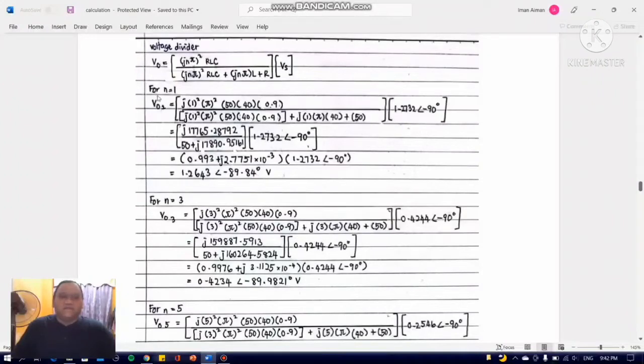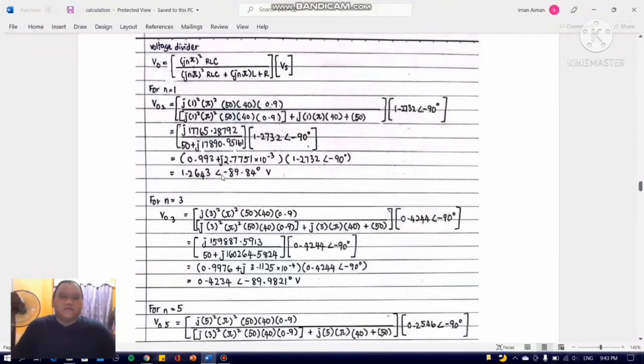And for VO, we need to find the values for n equal to 1, 3, and 5. And then with the formula, we just substitute all the values. The n is 1, the R is 50, the L is 40, and the C is 0.9. Same with the denominator. And then the value for Vs at n equal to 1 is 1.2732 with the angle negative 90 degree. And then we get the answer